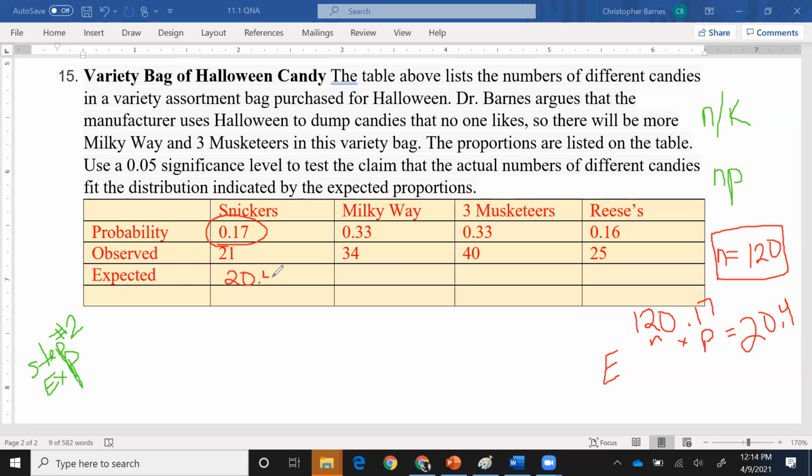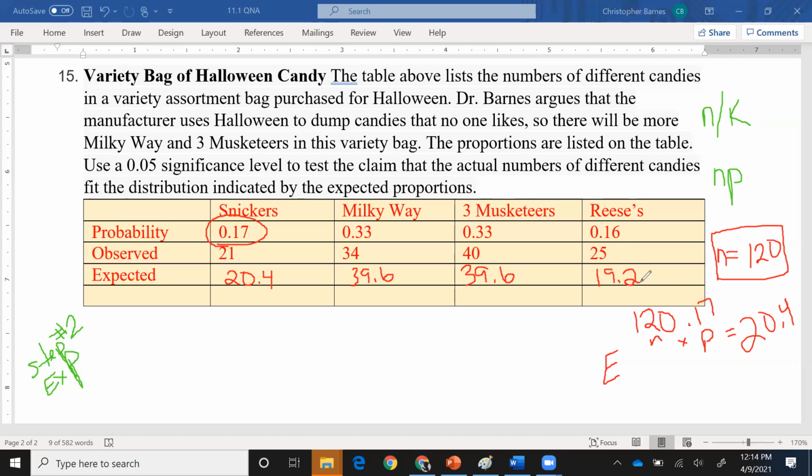This will be in the PowerPoint for you when you go to the next slide, but it's good to have the students kind of go through what you're doing, but you'll have the answers, all right? Now, again, since you're struggling with this a little bit, practice makes perfect, right? What would be the expected value for Milky Way? 39.6. All right. Now, since these are the same, it's going to be the same, 39.6. And then what will be the last one for Reese's? 19.2.